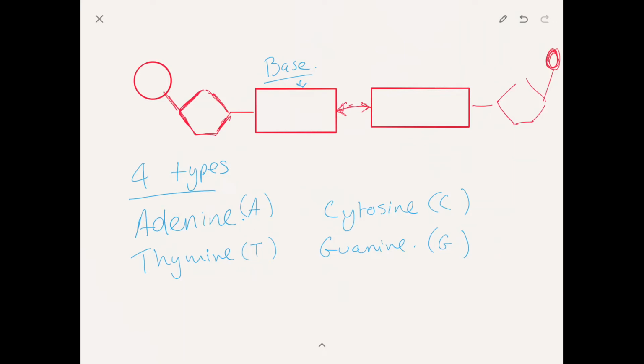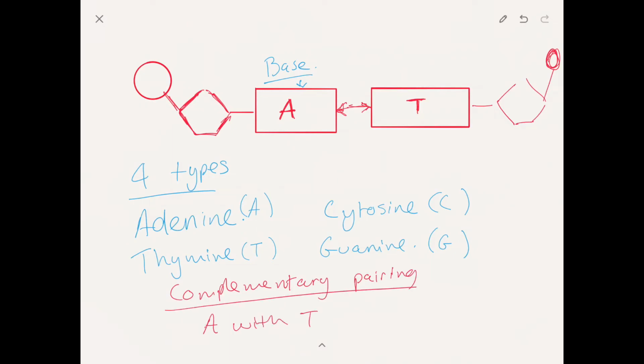So for example, if I have adenine on this side, it has to bind with thymine. Okay, so in our complementary base pairing, we are always going to have A with T, and alternatively we're going to have C